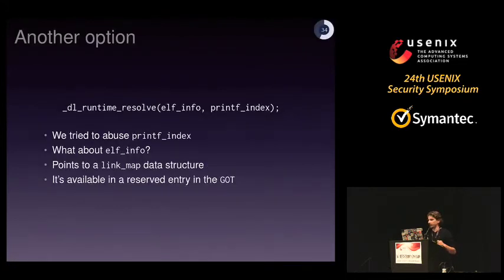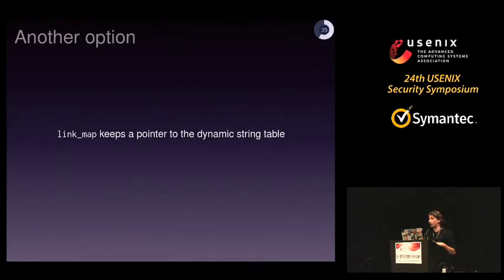So we came up with another idea. So far, we explored the meaning of printf index. But let's look into elf-info. So elf-info is a pointer to a data structure of type link map. And the nice thing is that we always have a pointer to this data structure, which is an internal data structure of the dynamic loader describing the current ELF object. We have a pointer to this data structure in the GOT. There is a reserved entry for a pointer to this data structure, just as for the runtime resolve. But even better, this link map data structure holds a pointer to the base address of the dynamic string